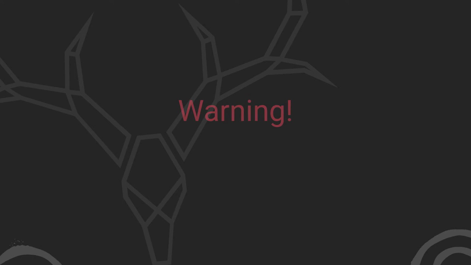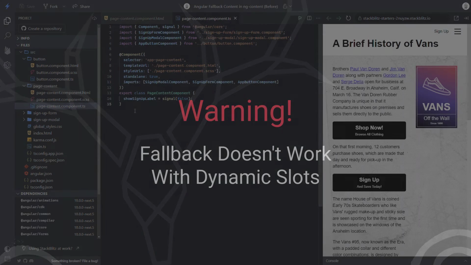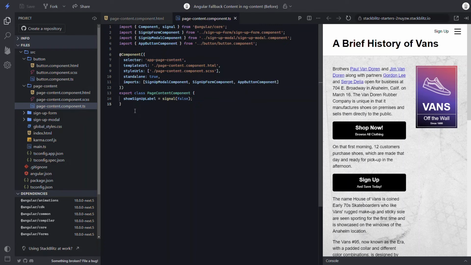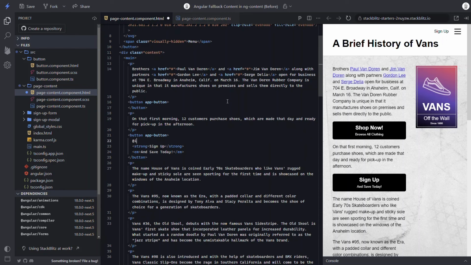Now, there is one thing to be aware of with this method. If the content provided to the slot is conditional, the fallback content will actually not be displayed. To illustrate this, if we take a look at the code for the page content component, you can see that I've added a new show signup label signal with an initial value of false. Let's switch over to the template and make the label content conditional based on the current value of this signal